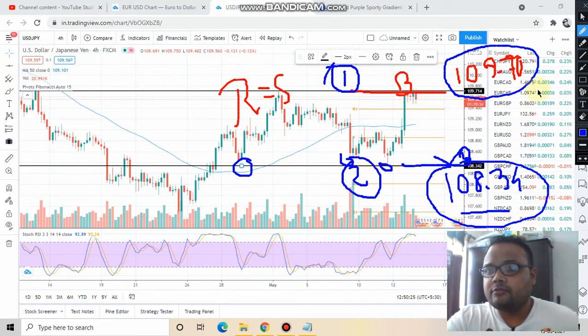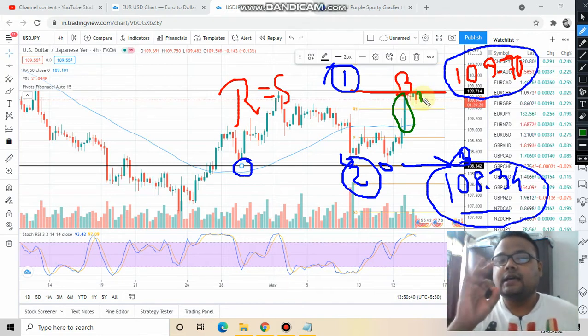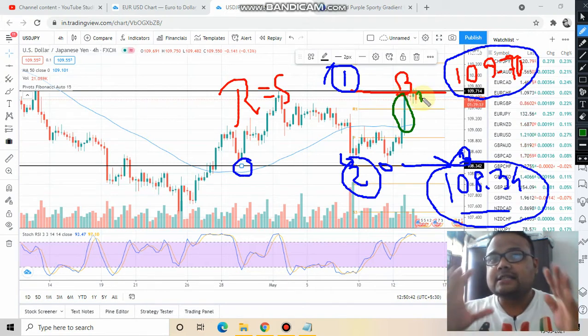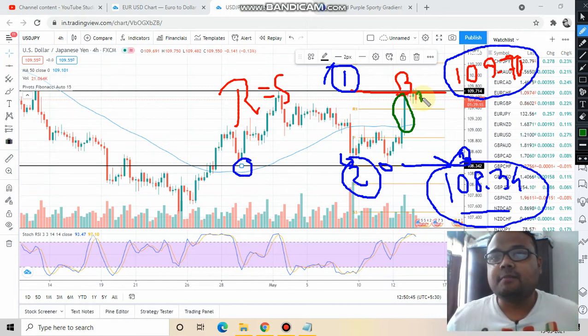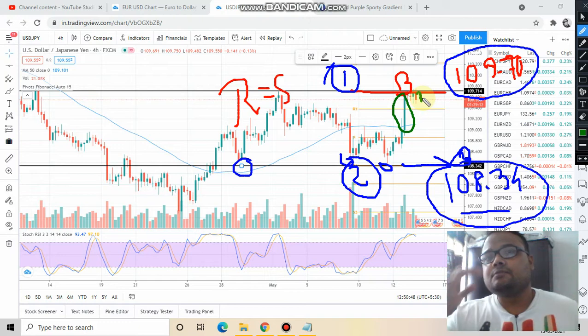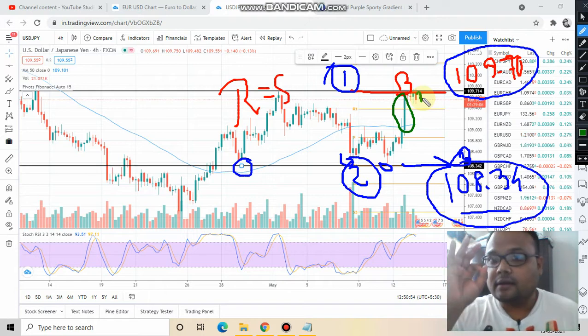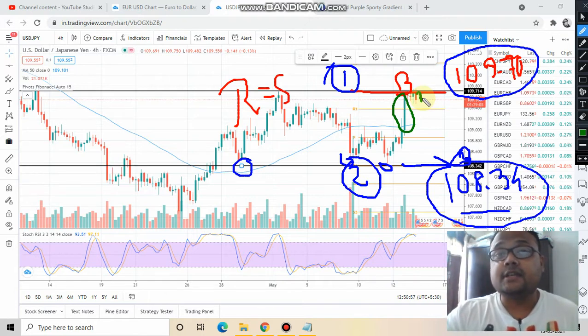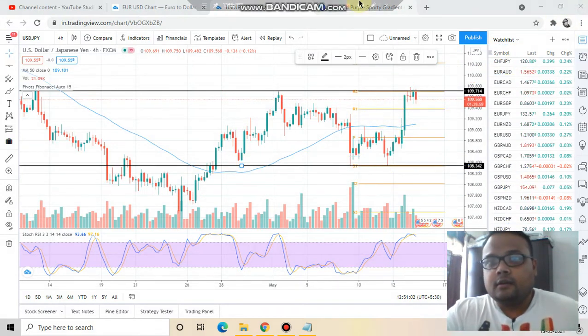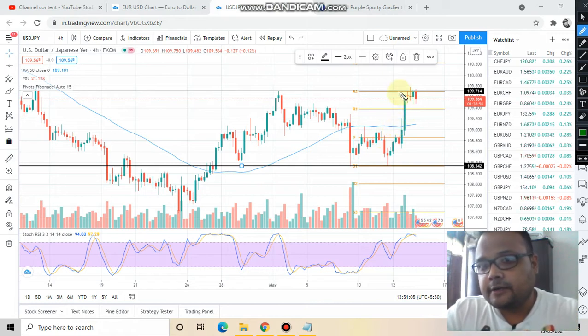If market reverses from this particular point, I'll tell you not to short the market, because just look at this candle. Does it look like a normal candle? No, this candle signifies that there was huge selling pressure in the market, but there was some resistance in the weekly chart. That's why market failed. But this candle signifies that bulls were very much serious to cross the level, so there is a good possibility that market will be crossing this level.